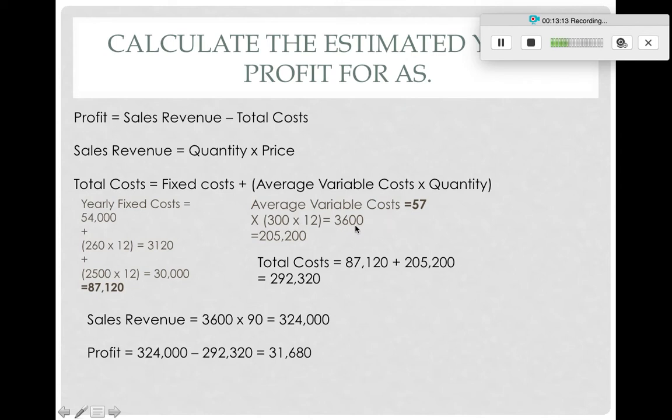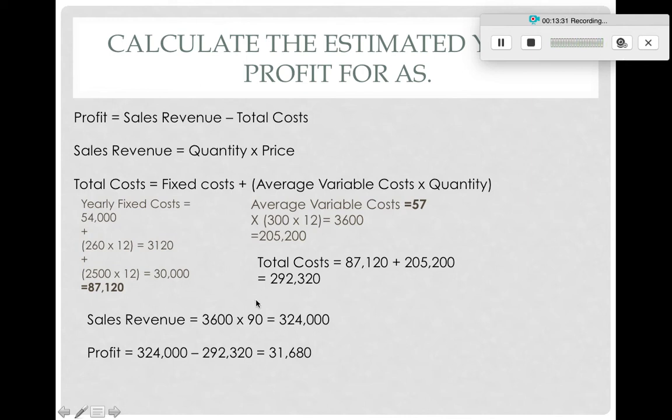There are 12 months in a year, so that is 3,600. 57 multiplied by 3,600 is 205,200. So total costs are 87,120 plus 205,200 gives me